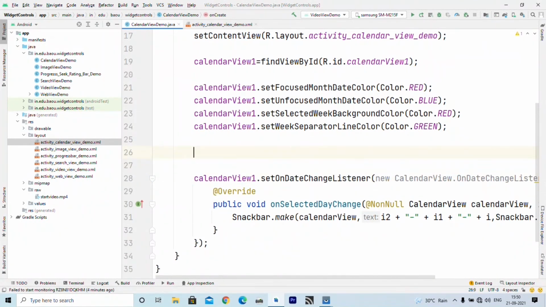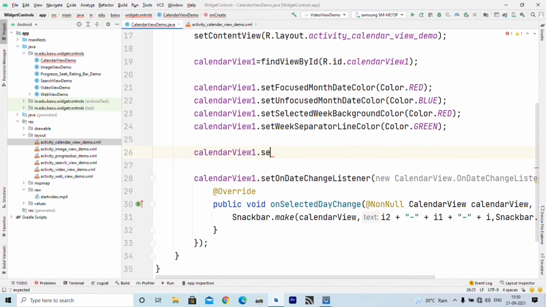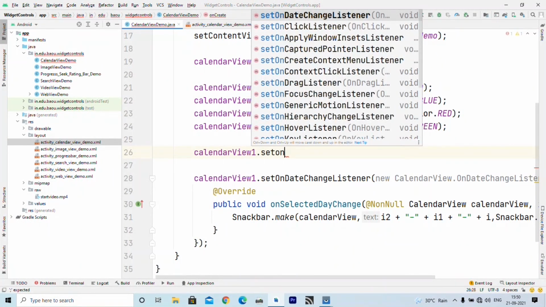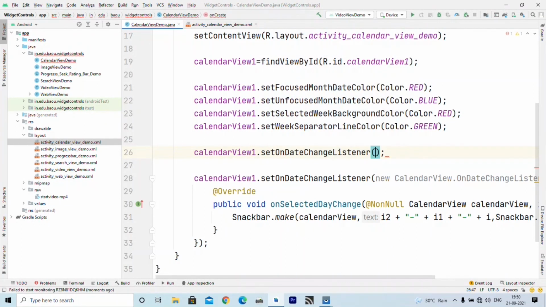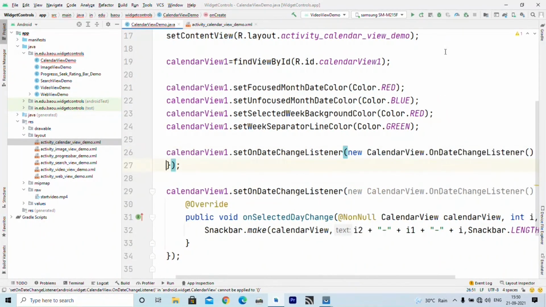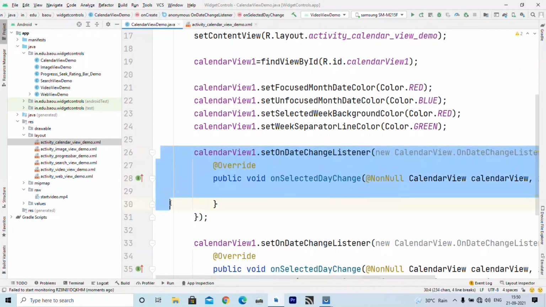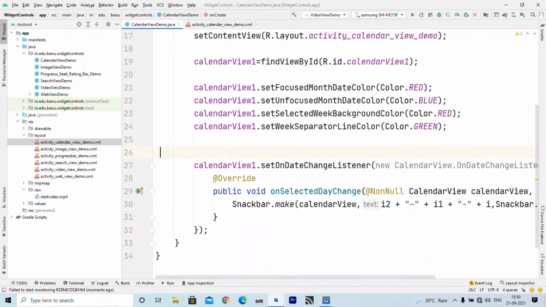How I actually write these is, in calendar view 1 I write set on and then click enter, and here I write new, and then I click on the first suggestion or double click. So it will write this code for me, and inside this I want to write code that should execute when a particular date is selected. I have already written that, so I am deleting these.